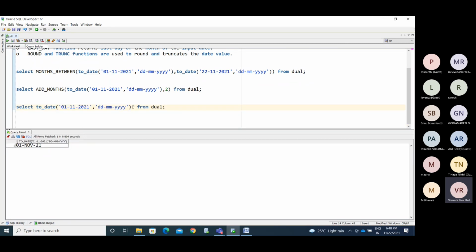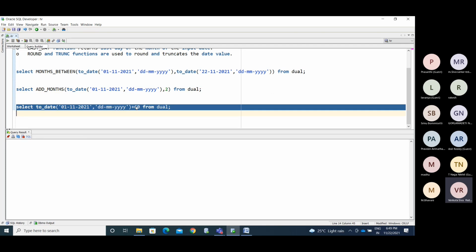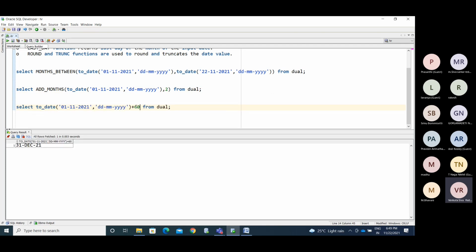If I want to add 10 days, plus 10, it goes to 11th November. If you add 1 month, you get the same date; adding 30 gives the same result. Now if I add 2 months, you go to 1st January. If I add 30 plus 30, 60 days, it goes to 31st.